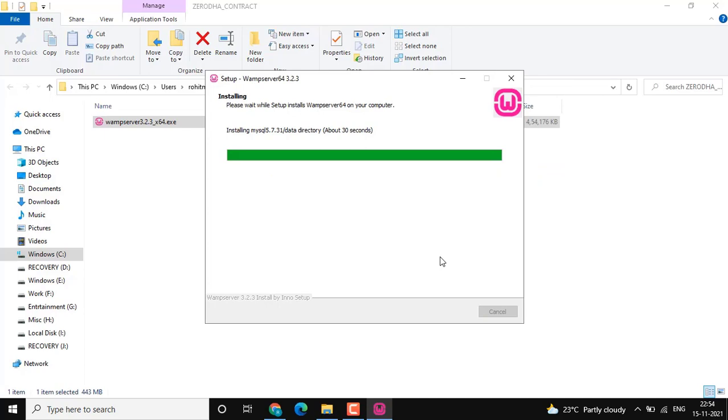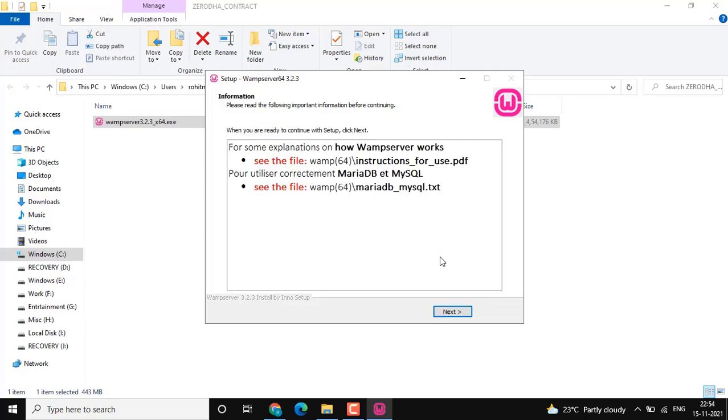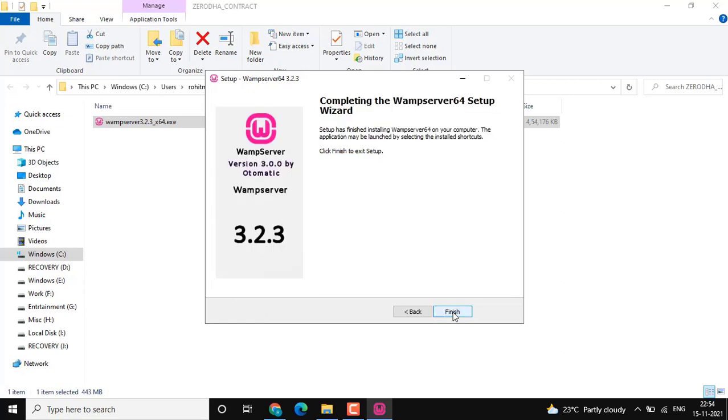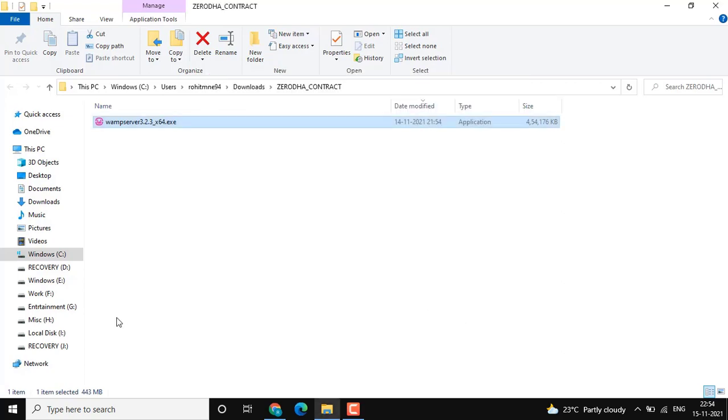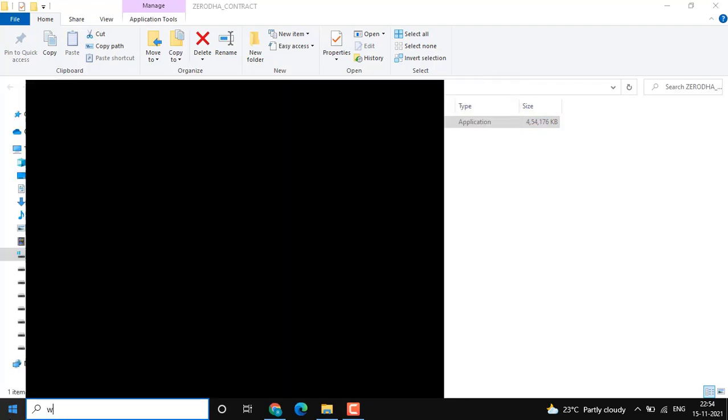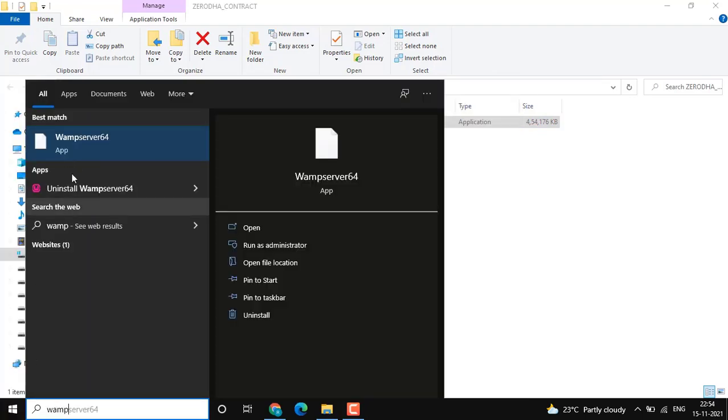I'll show you how to start it and what we can do with this. So I'm going to the start menu and typing WAMP server. I'm going to press enter.